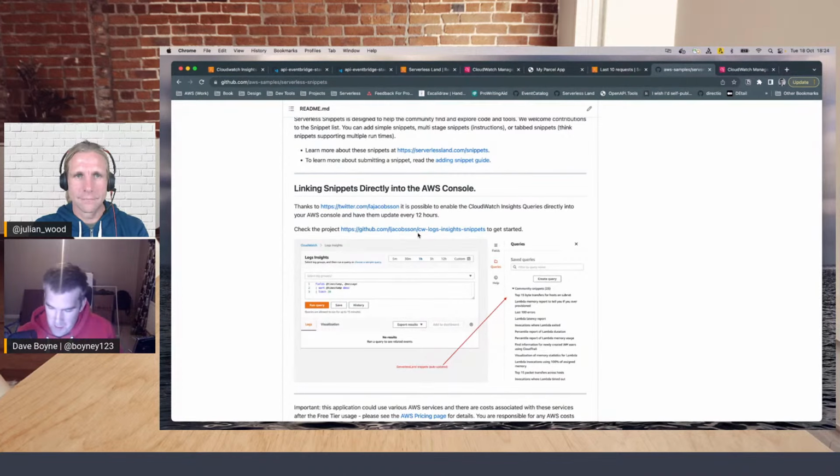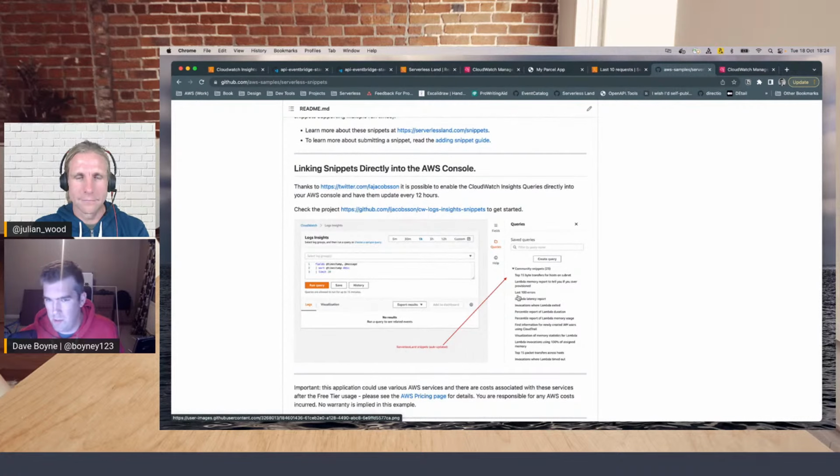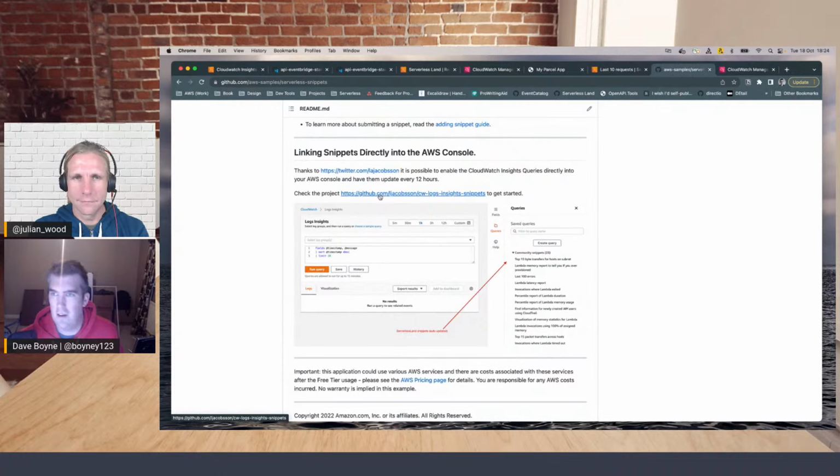I think it was about 2 days after we released this that he released this tool, CloudWatch Logs Insights snippets, and it will update these automatically and put them into your AWS account, which means you can have all of these snippets that you see on this website and from the community saved within your AWS account. So you can just click on them directly in here to load them,